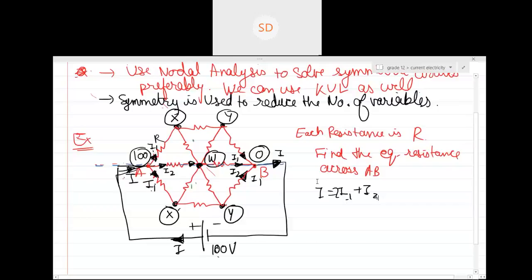Okay. So now can you see whatever happens in this part, I don't care. Whatever happens in this part, I don't care whether the current goes and all. Now see how will I get the equation? Can you see I1 is basically the current going from 100 to x, right? So I1 should be equal to (100 minus x) divided by what was the resistance? R, right? Yes, sir. R should be equal to, will it be the same current as y minus 0?